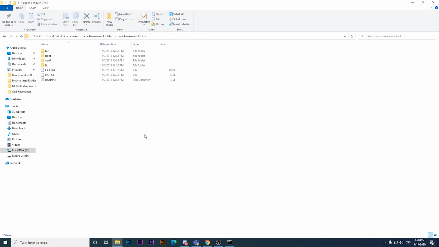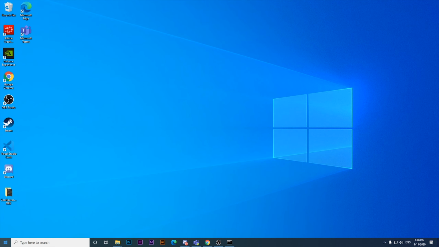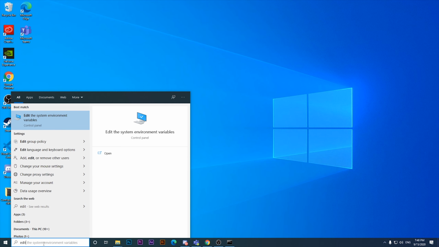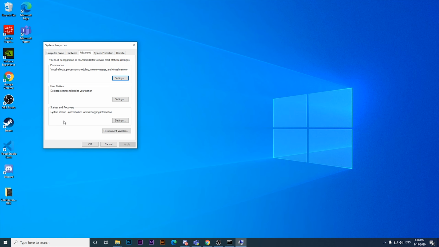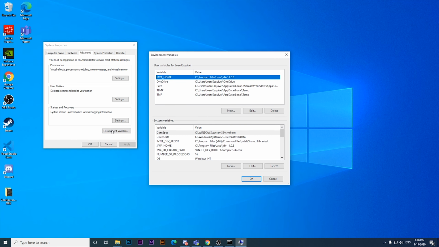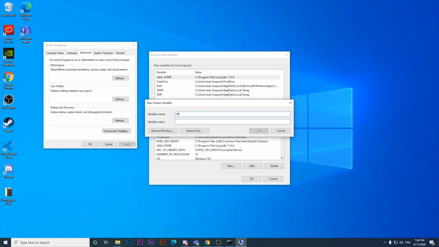And the next step is to create, as with the JDK, a system variable with the path where it is saved, and actually we're gonna have to point to that particular path. All right, so we're gonna go again to edit the system environment variables. We're gonna environment variables again, and in this particular case I just need to create a system variable. So I'm gonna click on new. I'm gonna name it Maven underscore home. All right, and I'm gonna copy the path where it is located, and I just have to click on OK